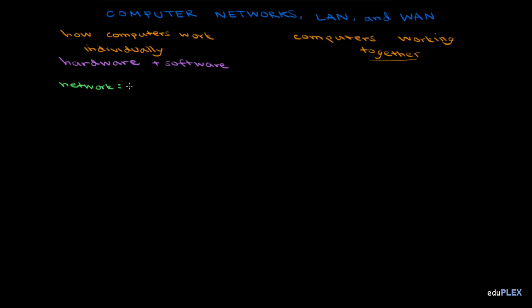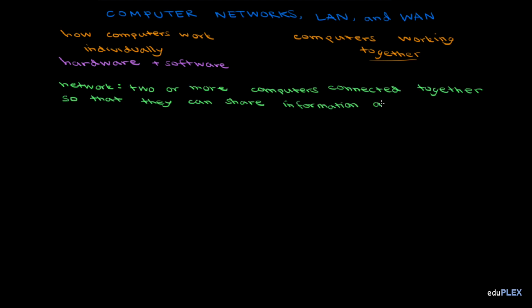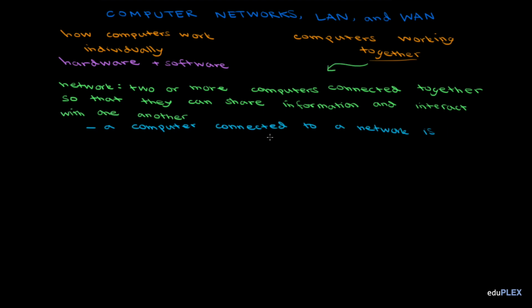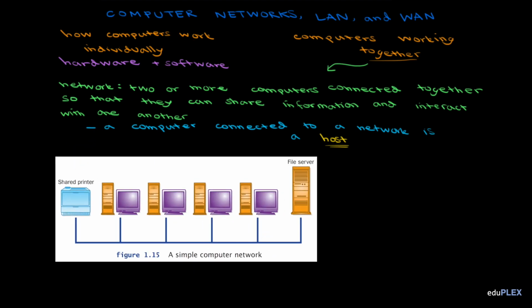A network refers to two or more computers that are connected together so that they can share information and interact with one another. We call a computer connected to a network a host. Let's take a look at a very simple computer network. This is something that you might see in a very small office. It's basically just four computers hooked up to a printer and a file server. Since these computers are connected in a network with the printer, they can all send files to be printed by